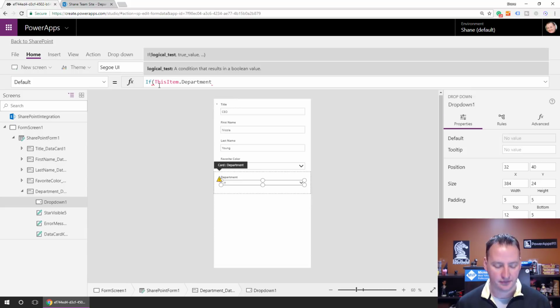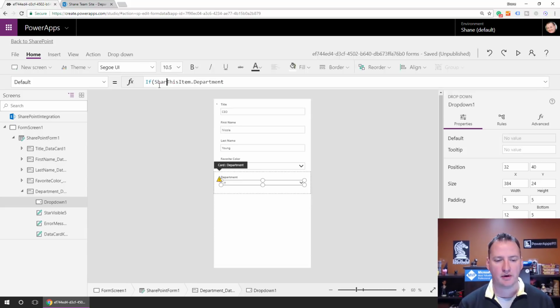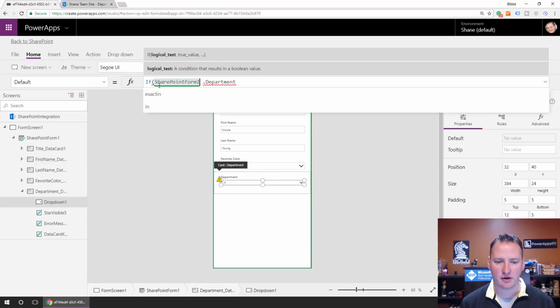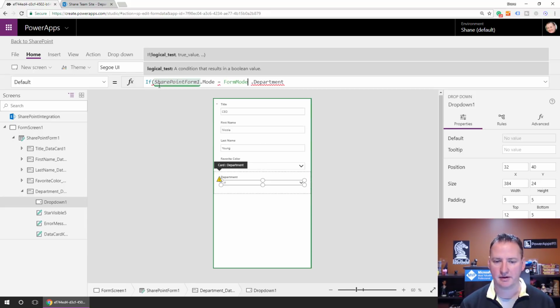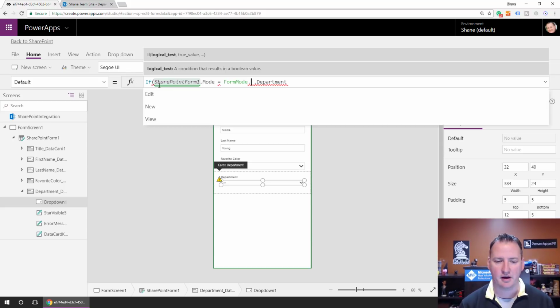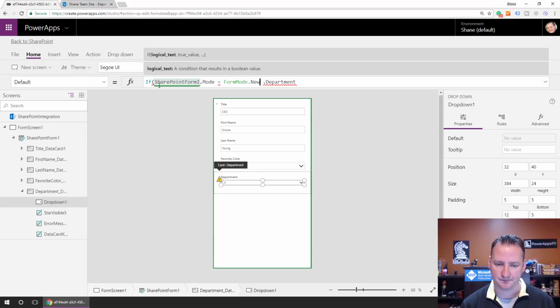And so we're going to do if SharePoint form 1, right? That's the form that we're on. Let's get a little spacing here. Dot mode equals form mode, right? And this is where people get themselves in trouble. You have to choose the right, whether it's form mode or display mode or that type of stuff. Form mode dot new. Okay, so if SharePoint form 1 mode equals form mode new, then what do we want